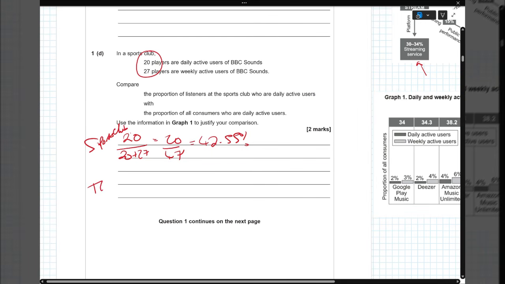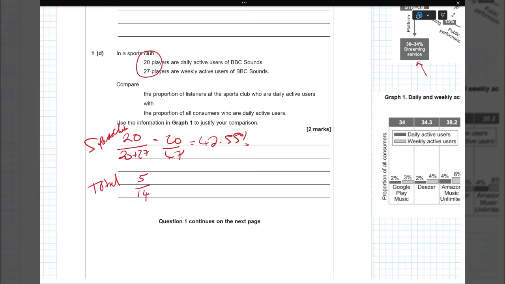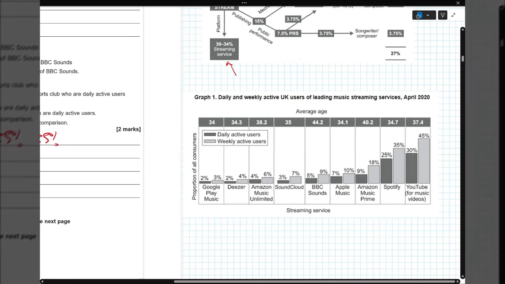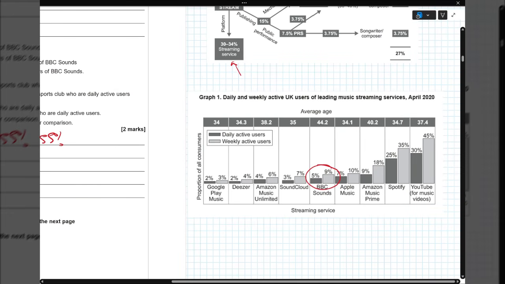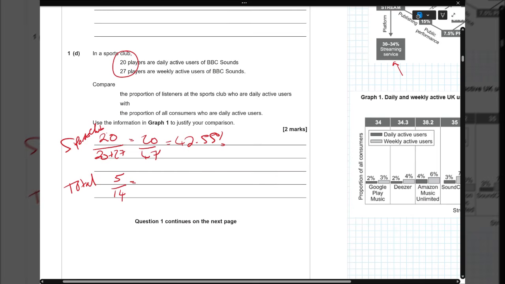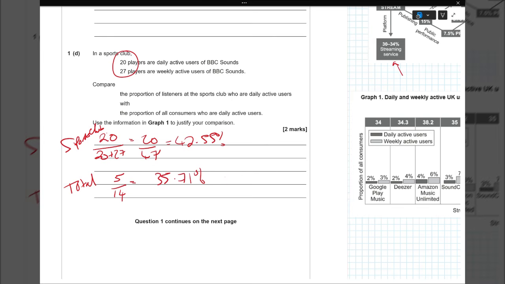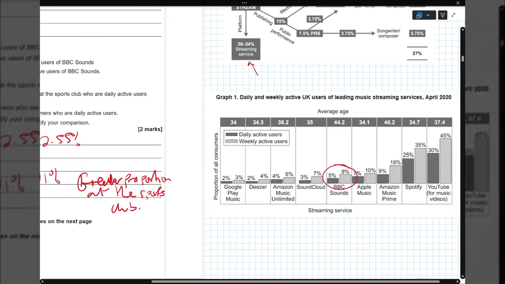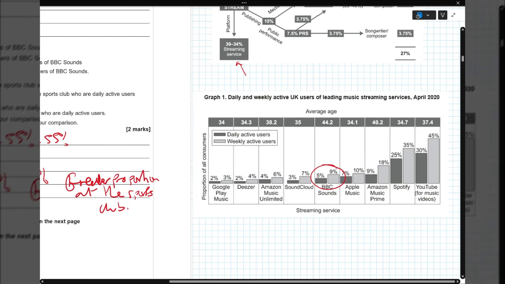Okay, now in the total population, we've got 5 out of 14, because on our diagram, BBC Sounds, here we go, so we've got 5%, 9%, and then if we do that division, it's 35.71%. So the population, sorry, the proportion, it's a greater proportion at the sports club. And I, for myself, struggled with adding the percentages together, but it's within the